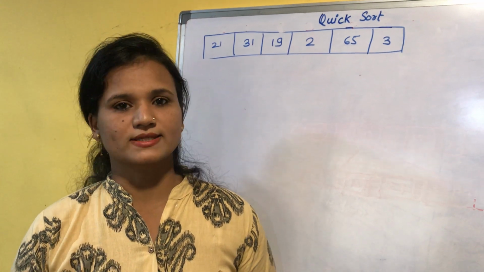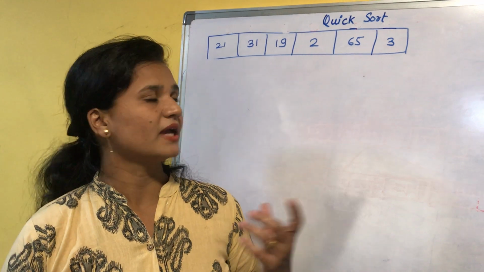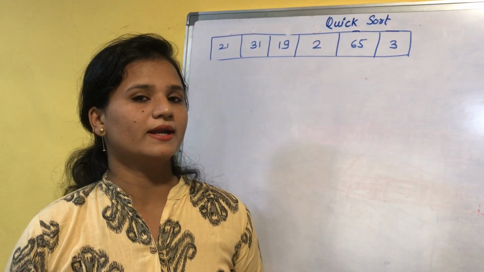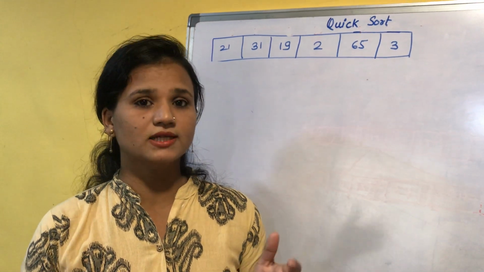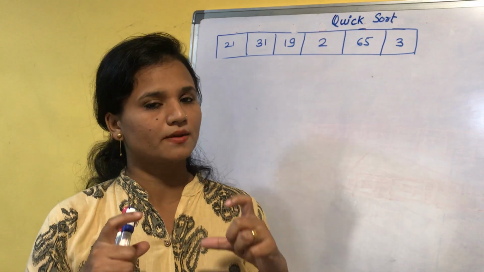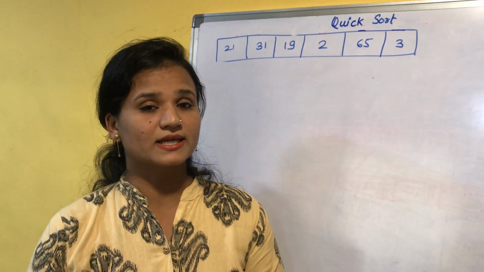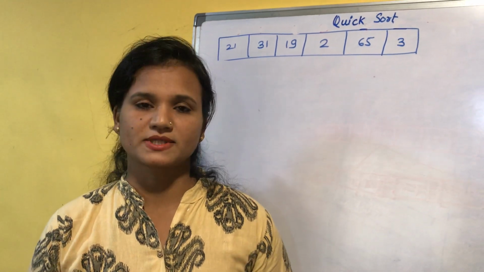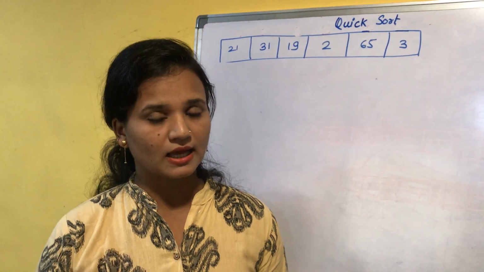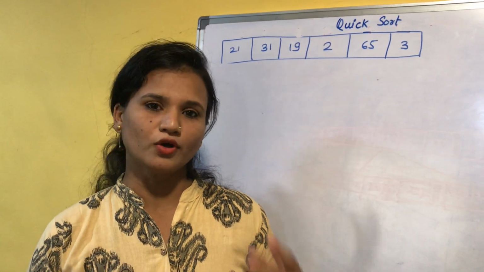Okay friends, so let's start. Quicksort algorithm. We'll first see the basic idea behind the quicksort algorithm. So what is that basic idea? It follows the divide and conquer technique. So what is that divide and conquer technique? Divide and conquer divides your problem into sub problems, and again those sub problems get divided into sub problems. Then individually the solutions for those sub problems are found, and then those solutions are combined to get the main solution for the main problem.